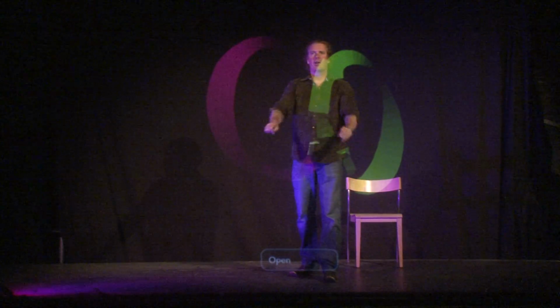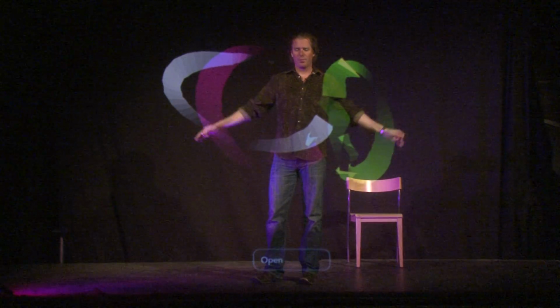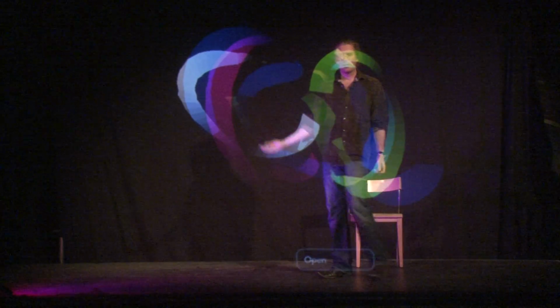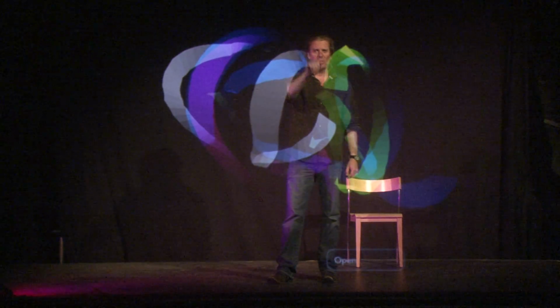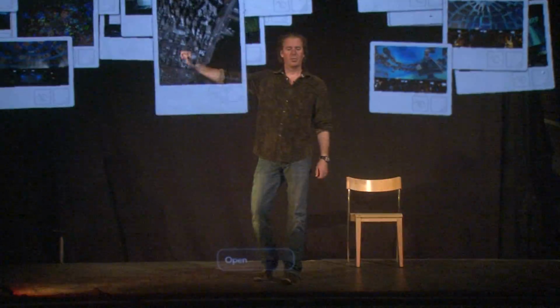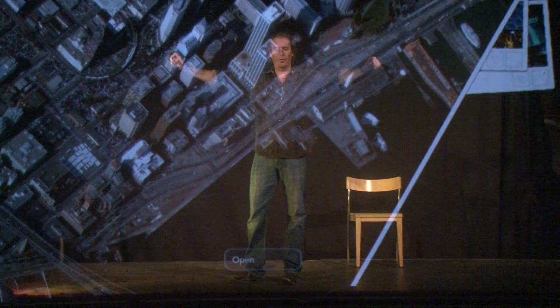So this is our Visionaire technology. It allows us to draw in the air. It's using an infrared camera to pick up my motions and then transmitting them back to a computer where it's processing through a projector. The cool part is it appears as if there's no screen, but there's actually a screen in front of me, you just can't see it. It's basically an adaptation of our framework that is a multi-touch framework. You can see it's actually tracking my hands,